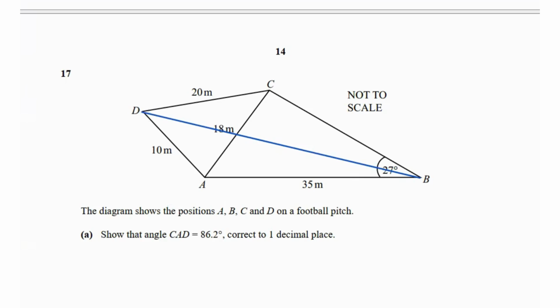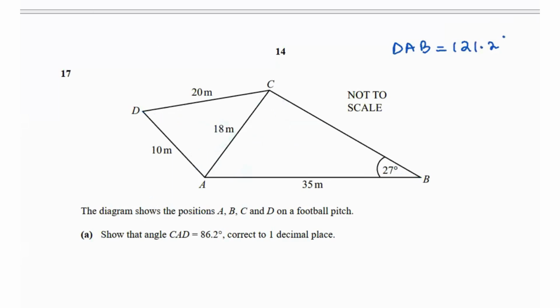So we already know that the obtuse angle for C was 118. So this is 118. We can subtract these two from 180 to find this angle. So that is going to be 180 minus 118 minus 27. That's going to give us 35 for this. And this one is already 86.2. So 35 plus 86.2 is 121.2. So angle DAB is 121.2. So now using the cosine rule,